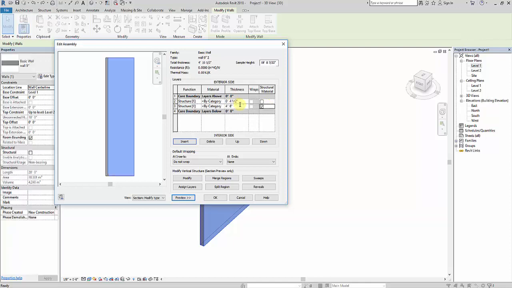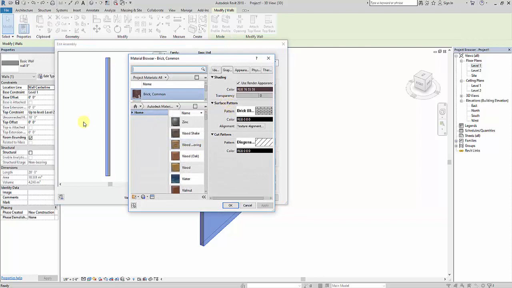It is not necessary to make it equal. If you want, you can make it 2 inch and the rest you can give for the other side. So you can equally divide the wall here if required. Next you can see the blue portion that is showing, it means I'll be applying the material on that side. After I select this layer, the blue portion is showing here, it means that is where the material will be applied. And if I select this layer, the material will get applied over here. So just apply the material as per your requirement.